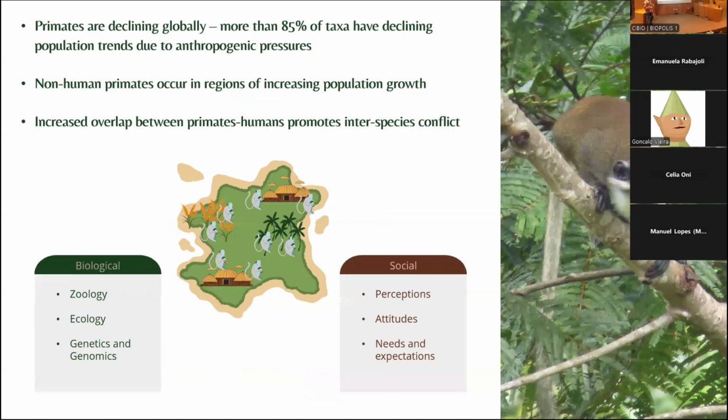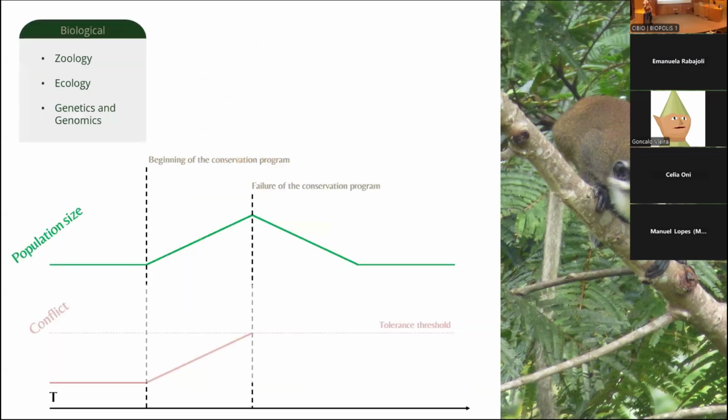And this is why, to aid conservation, we can look into biological aspects of the system, so zoology, ecology, genetics, and genomics. But looking at the social part of the system, so how humans interact with these species, their perceptions, their attitudes, but also the needs and expectations from conservation, is also very important, due to this potential interspecies conflict. So let's assume that we just look at biological reasons and biological ways to help the system,